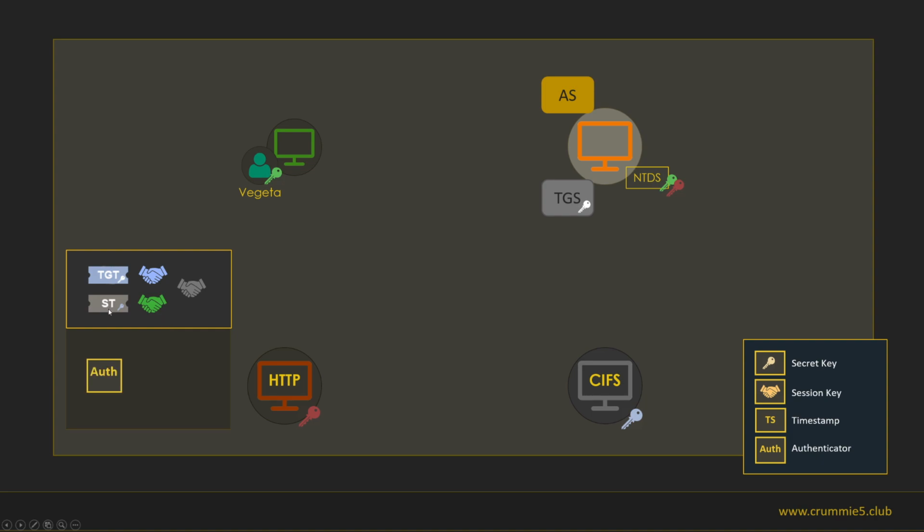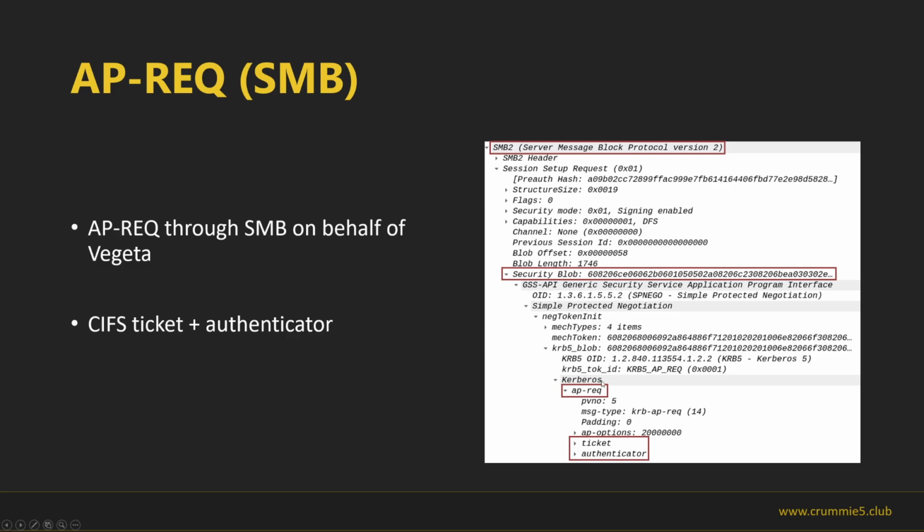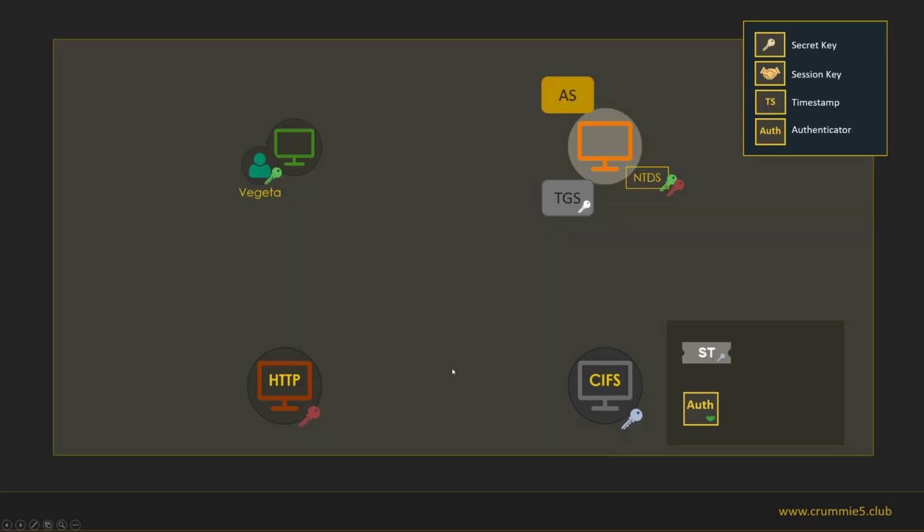So now the service can access the shared folder by creating another authenticator with the new session key, the mutual session key, and sending the service ticket for CIFS and that authenticator. You can see here the service ticket and the authenticator in the name of Vegeta.